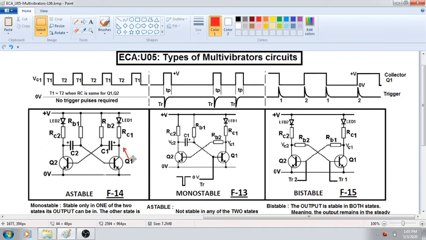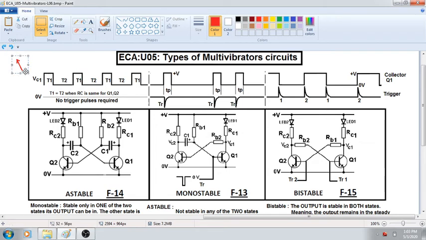So if the output at Q1 is like this, what will be the output at Q2? It will be the opposite of this one, exactly the same. Just to make you understand, I will do a small manipulation here, you will understand what will happen. So at Q2 it will be like this, the opposite. Understood? So for T1 time it will be off, that means low level, Q2 will be low. Got it? That is how you have to remember. We will do more analysis, don't worry.